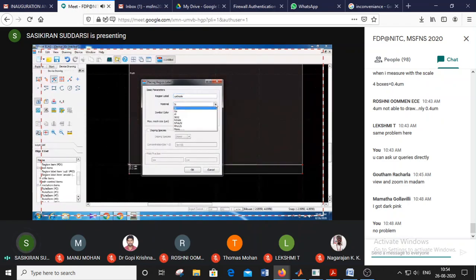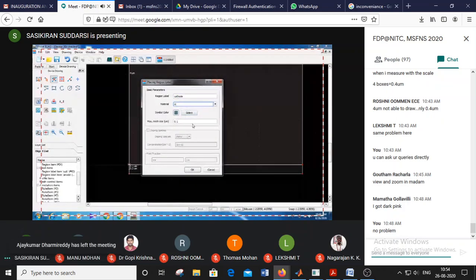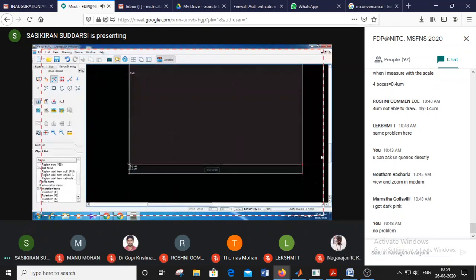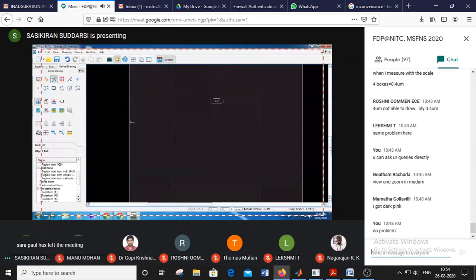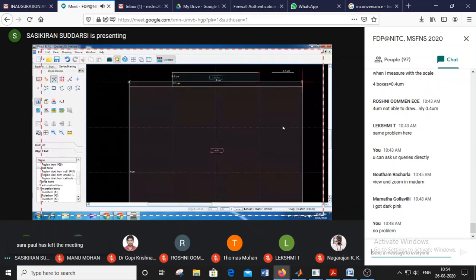This is also an electrode, so we can fill it with aluminum metal, and the color is blue, with the default mesh. Okay, and the fourth region we will do after doping. So labeling and filling is also completed.